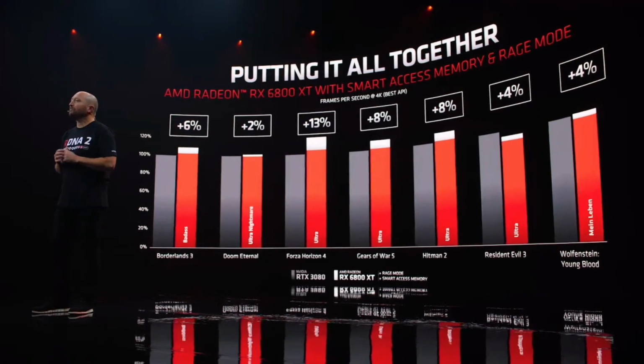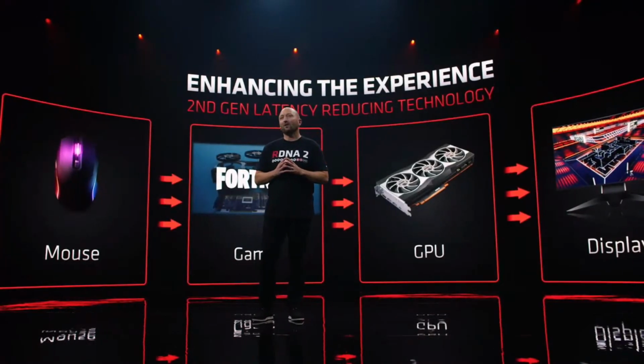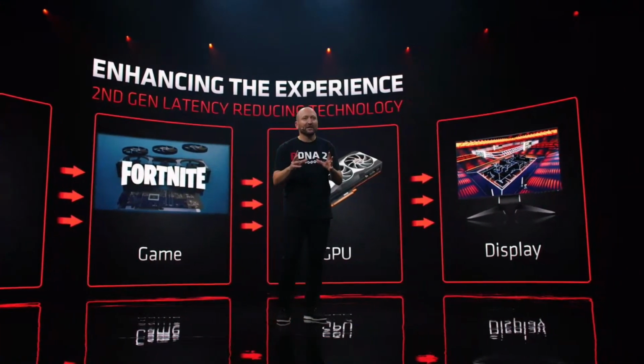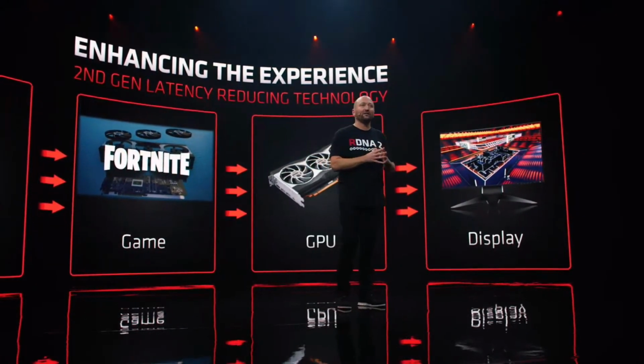We're seeing up to a 13% performance increase, and that's before game developers begin to optimize for this new capability. Now, we know a lot of you absolutely love frames per second performance just like us. However, we can also improve the game experience by reducing latency. The differences of milliseconds of latency in a competitive game can be the difference between a major win and a